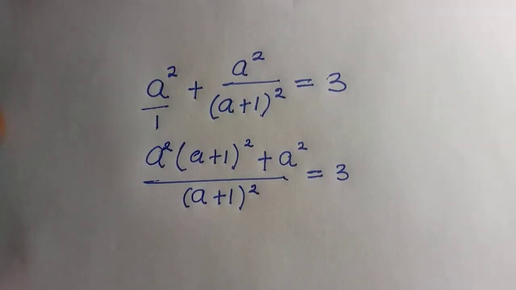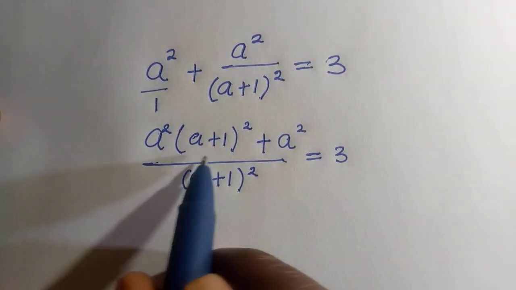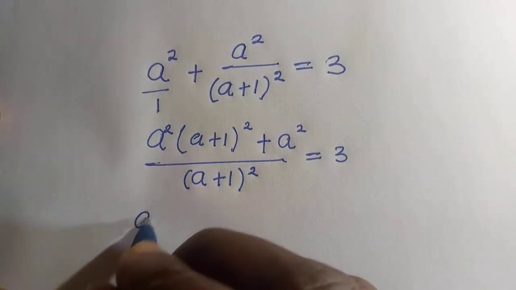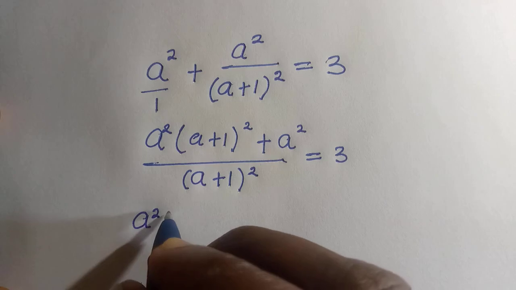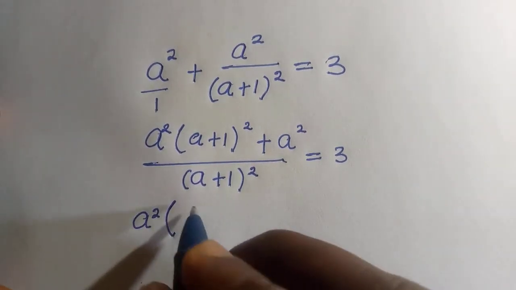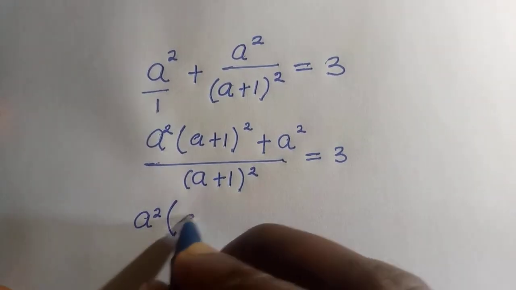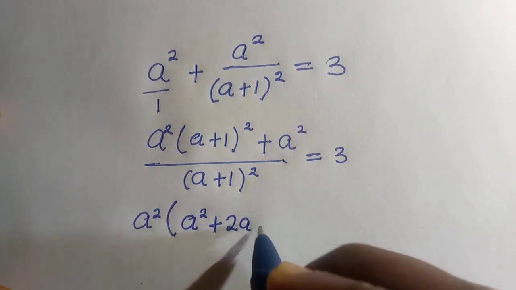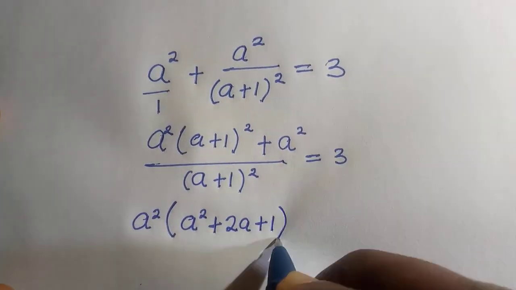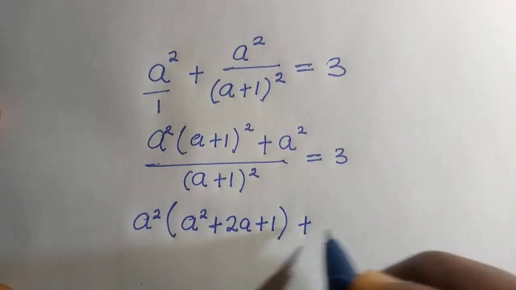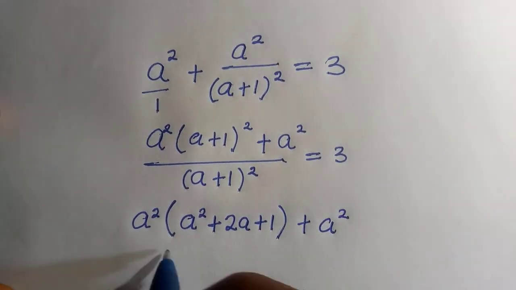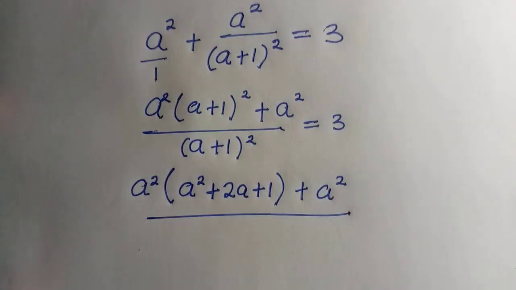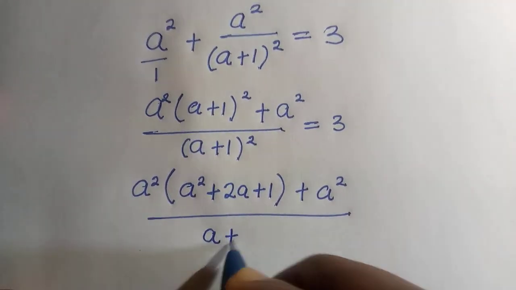So here is what we have. And next, we are going to expand this so that we have a squared at the bracket of the expansion of (a plus 1) squared. It gives us a squared plus 2a plus 1 in bracket, then plus a squared. Everything divided by